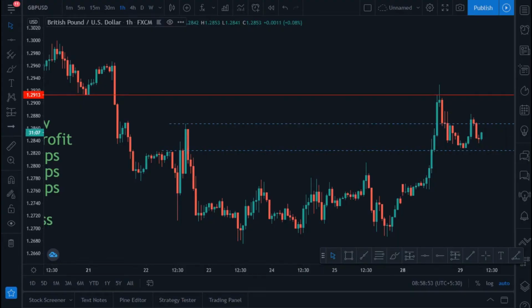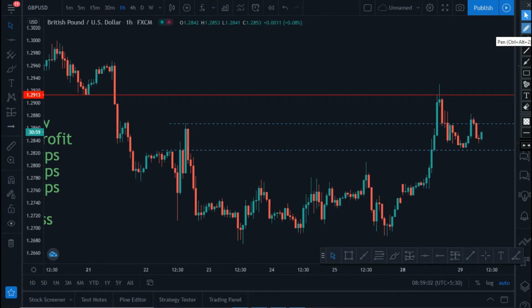So right now I'm on the GBP USD, and what I have noticed in this particular pair, I have already analyzed this trade, and I'm gonna give you just a rough idea of what will happen next to this pair. So just now I have seen that this area is represented as a resistance, okay, and this strong resistance has been broken out by this bullish candle, which means the price will retest this level and after that go up. And so this is a great opportunity for the buy order in GBP USD.